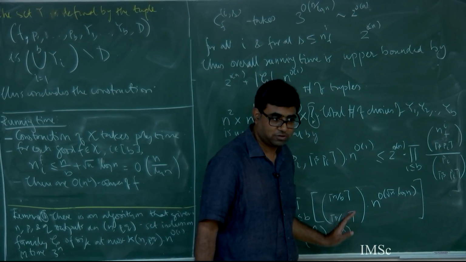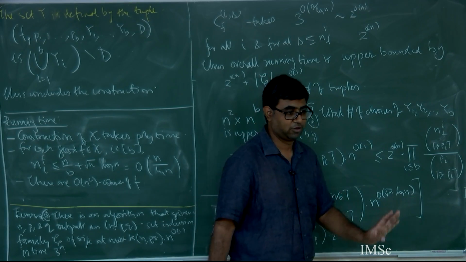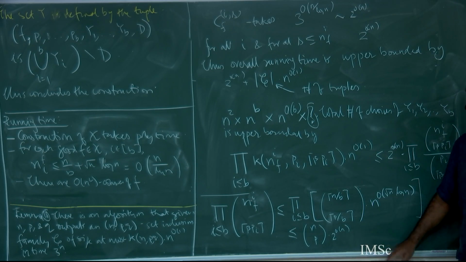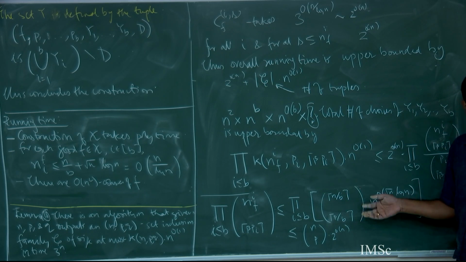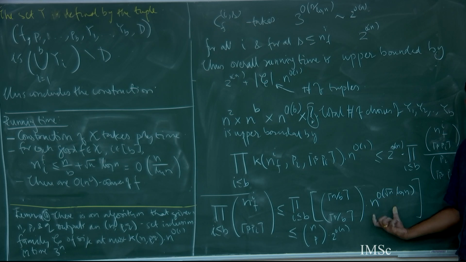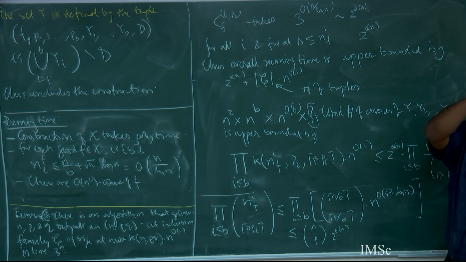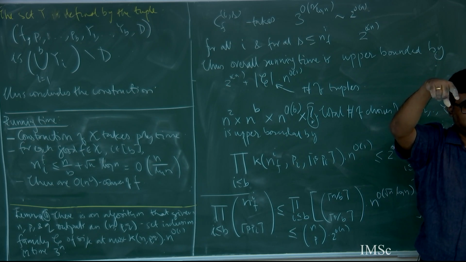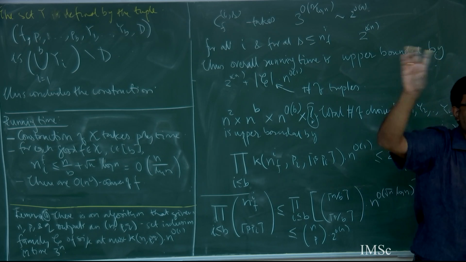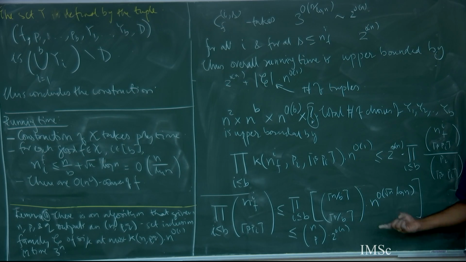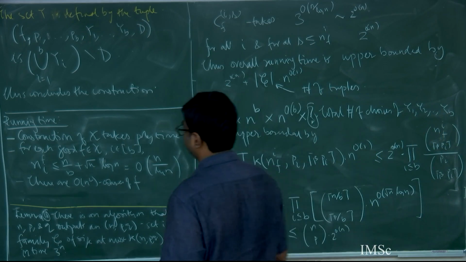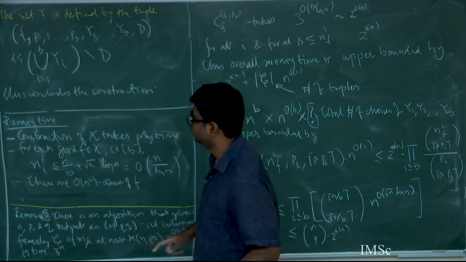Question? Is this intuitive explanation not correct? Because this is all that you will find there. I will not write more than that. This is correct, and there's nothing more to this. So this is exactly how you get this. Because of some extra terms, you apply some Stirling. This is really an overstatement. Think of it this way: when you're writing down these terms, there are some small terms, and you put them in n. Okay, fine. So I should give you a lower bound also, so that I can give an upper bound.